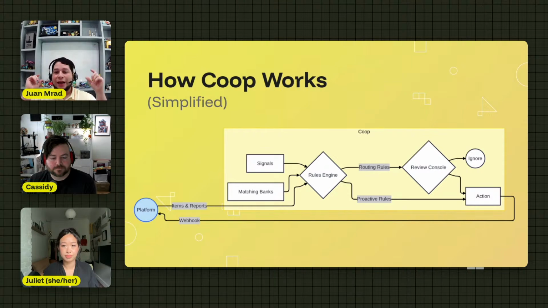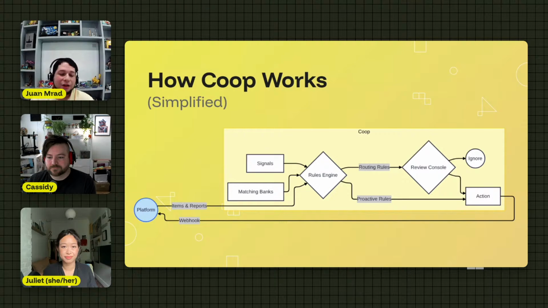So you want to have that queue there specifically for those urgent items, and you can process them faster while the other ones can sort of take a little bit of time and it is sort of okay, right? So those are the two main endpoints that we have on Coop when it comes to your platform to Coop, and then from Coop to your platform we have those custom actions that